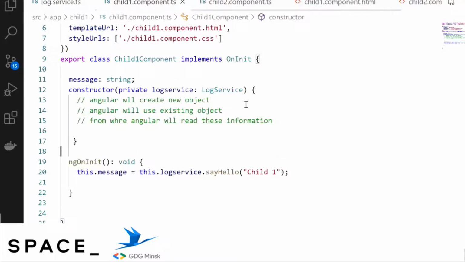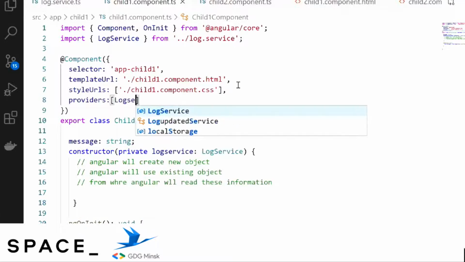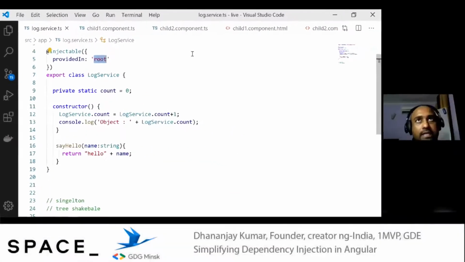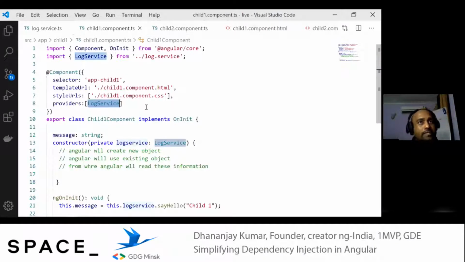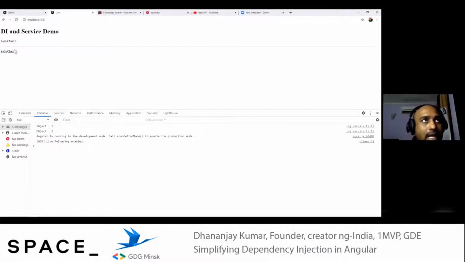For that, let's go to the child1 component. In the component you can also provide a service, so here let me provide this log service. Now we are providing the service once using providedIn root, and once in the child1 component as well. So we are providing the service twice, and if you look at the behavior, you get the output as expected.